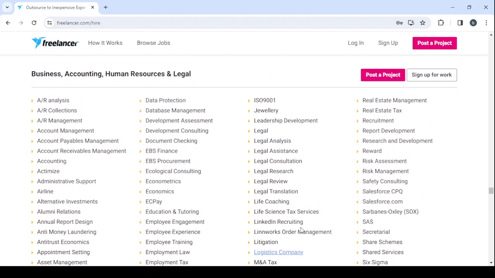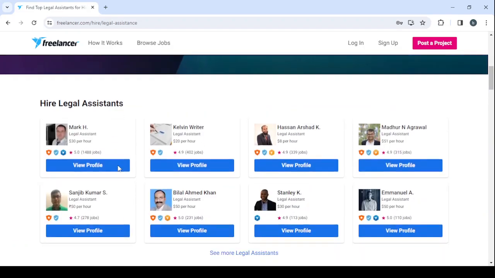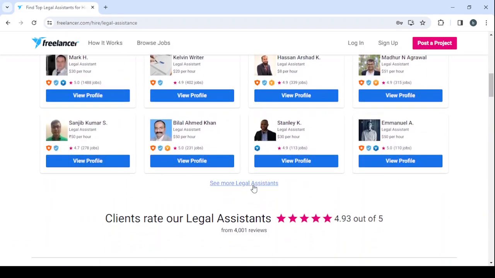So here I think the closest thing to legal document writer would be legal consultation or legal assistance. So let's go with legal assistance. That's the closest thing to what we're looking for. So here, hire expert legal assistants for any job, and by scrolling down you will be able to see their profiles. So here, click on see more legal assistants,